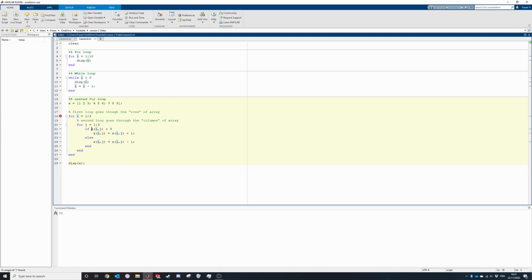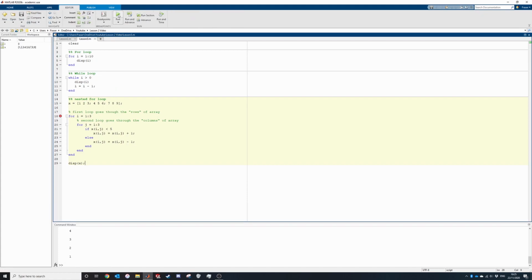And now this notation here means the value of x, of I and j, so it's going to start off at 1, 1 and end in 3, 3. And if it's less than 5, add 1, and if it's greater than 5 or equal to 5, subtract 1. So if I run this script now, notice here it stops on this breakpoint,